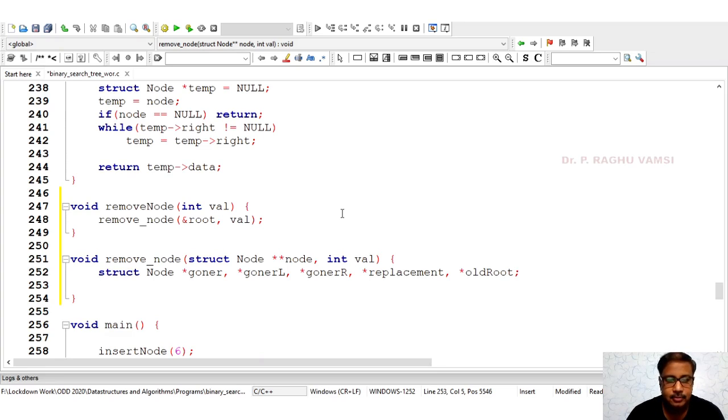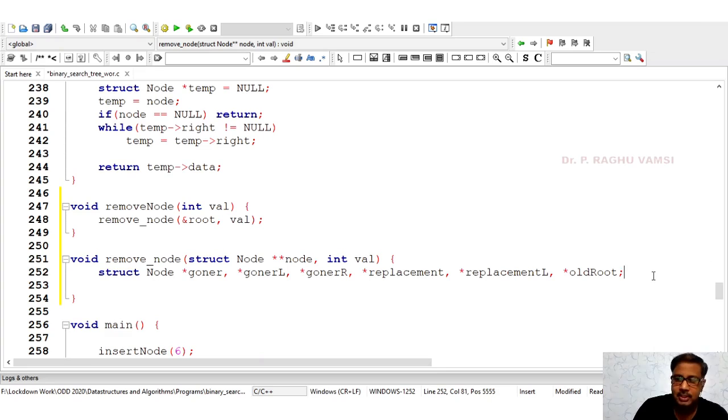Now let us assign this particular root value to a temporary pointer, then we start traversing. In addition to this, I am also defining one more pointer, replacement left side value, because we need to find the maximum element at the left side, and that particular value is to be placed in place of the value which is going to be deleted, if it is having the left child.